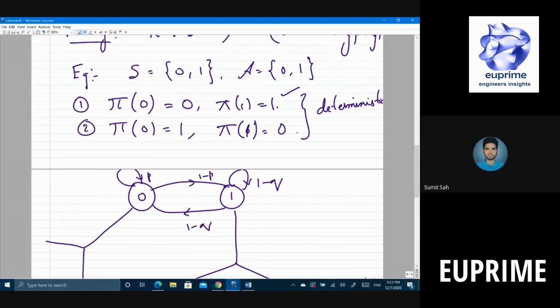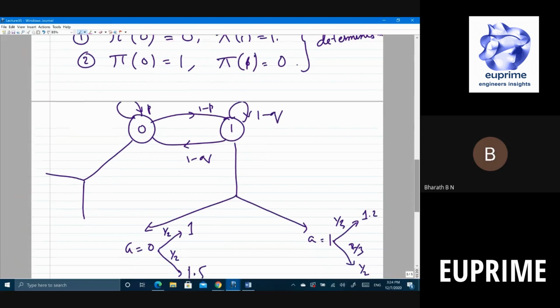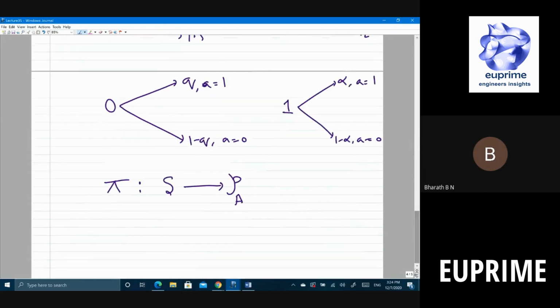So, sir, how does the probability come in? No, no. This is the way you are going to take your decision. The way the nature is going to behave depends on what action you take and which state you are in. Then the nature will decide in a random fashion what to do. For example, let's say you are in state 0 now, and you take an action, let's say not to transmit. Let me give you a very specific example.